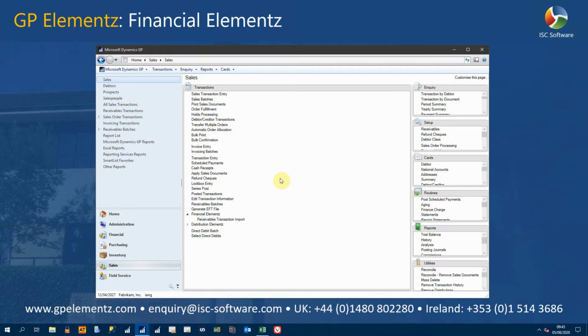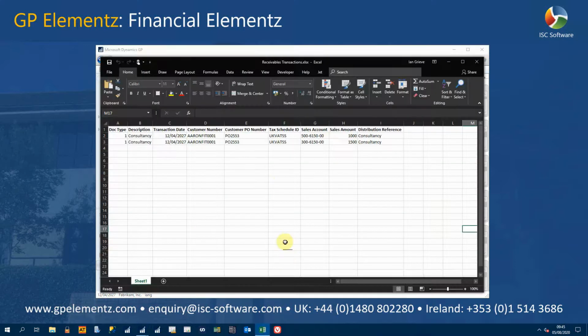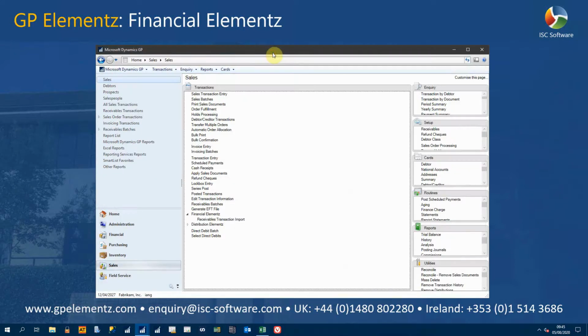The import uses an Excel spreadsheet as a data source, and this is an example here. The user can select the spreadsheet to use when they run it, but the format needs to be defined in advance. You can create multiple import definitions, so if you're importing sales transactions from different systems, you can configure one format per system. So if we were to create a new format, or modify an existing one, what we